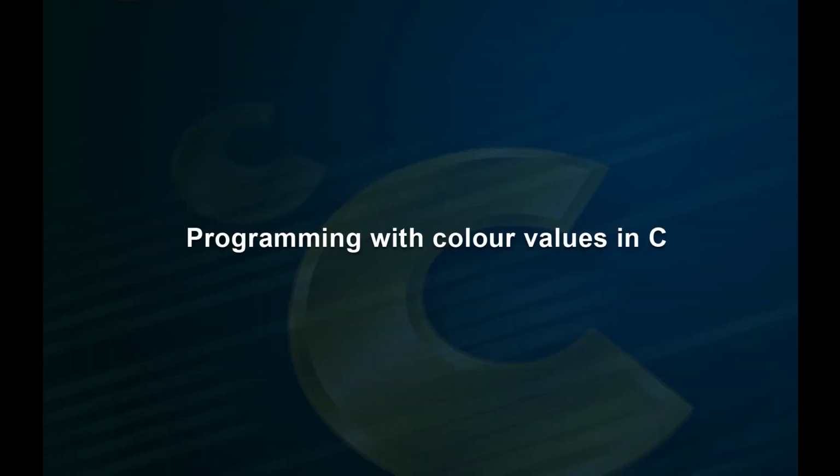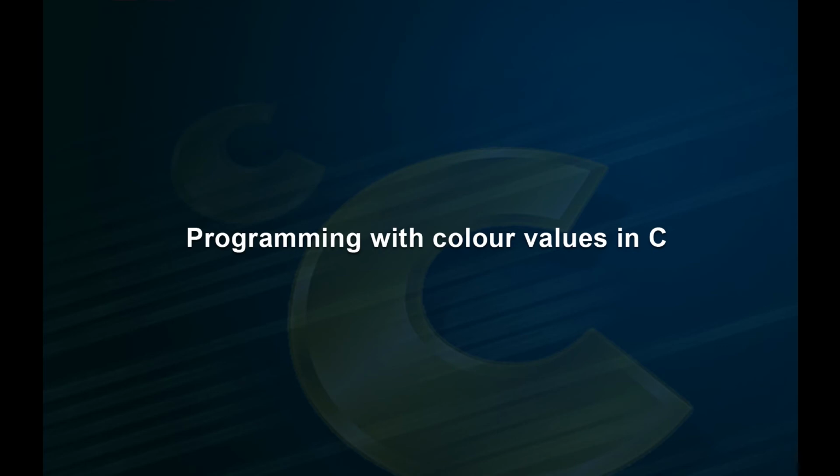Then our clreol function will erase all of the text after the 6, 1 position and print the new string ABC.